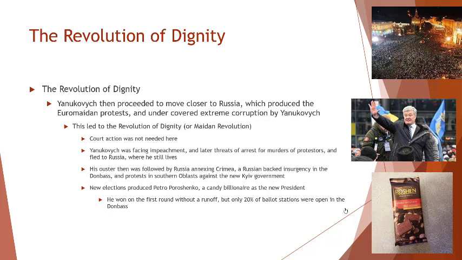Another thing that came up is that he was a big crook. People didn't exactly like that. So the Revolution of Dignity, the court action was not needed here. Yanukovych was facing impeachment by the Rada. And later, because one of the things that he did, he ordered that